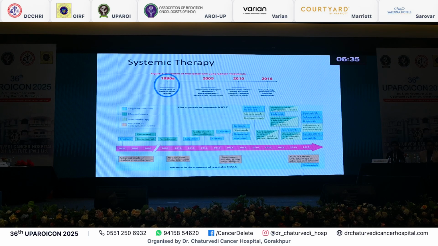Similar is the case with systemic therapy. This has been the surprise package of management in lung cancer. Till the 1960s, we didn't have anything, just supportive care to the patient. Then came the 80s and 90s when we started having some kind of systemic therapy, platinum-based. And later on, gradually over a period of time, gemcitabine, paclitaxel, these groups of drugs came in, and the management kept on evolving in systemic therapy.